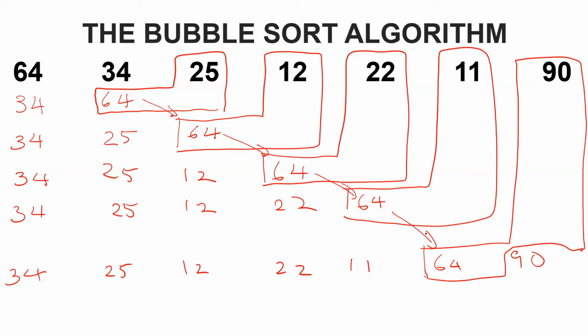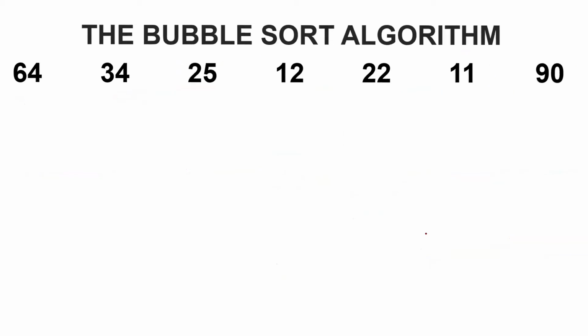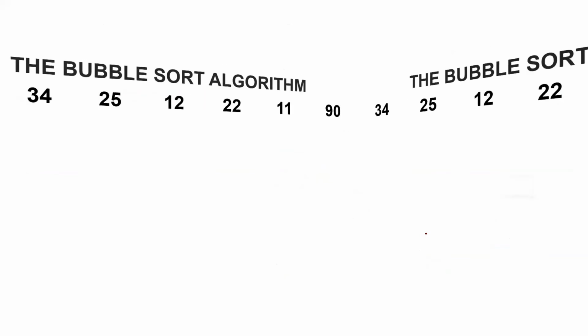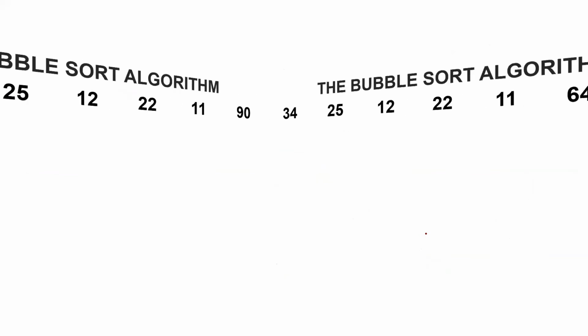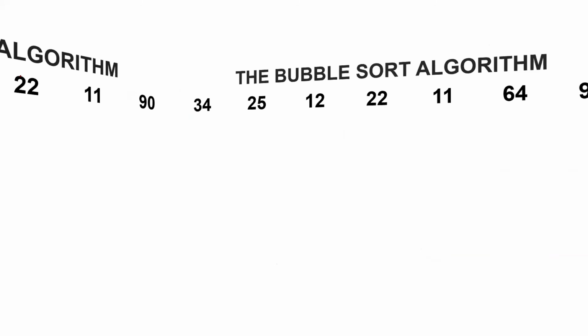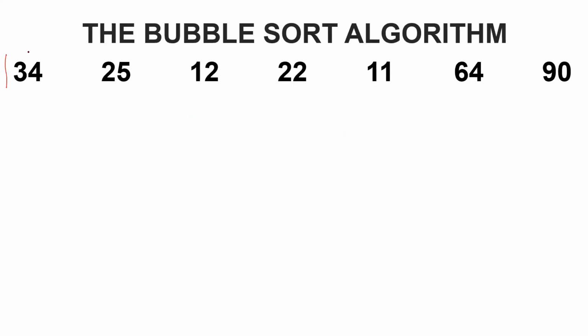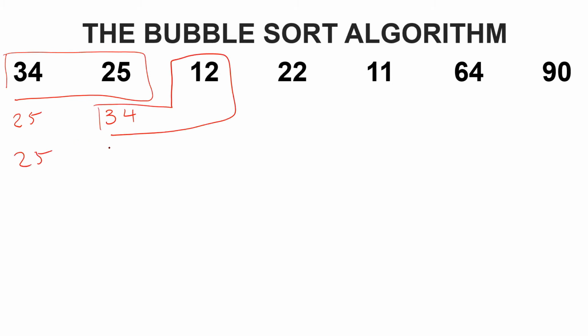And from here, I'll move to the second cycle with 34 being in front. So now I'll compare 34 and 25. In this case, 25 is smaller than 34. And comparing 34 and 12, I get 25, 12, 34. Okay, this seems pretty tedious, right? So if you complete the arrangement,